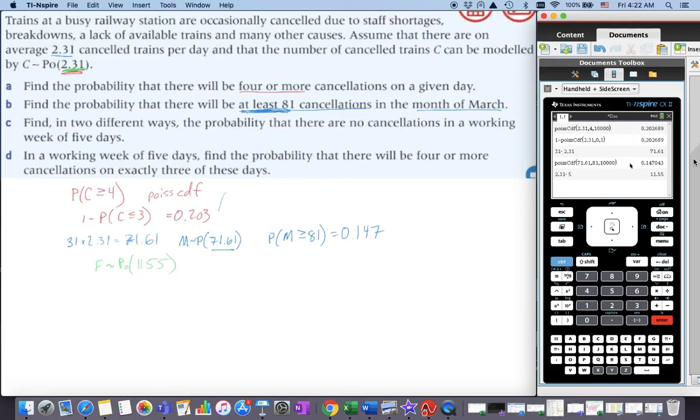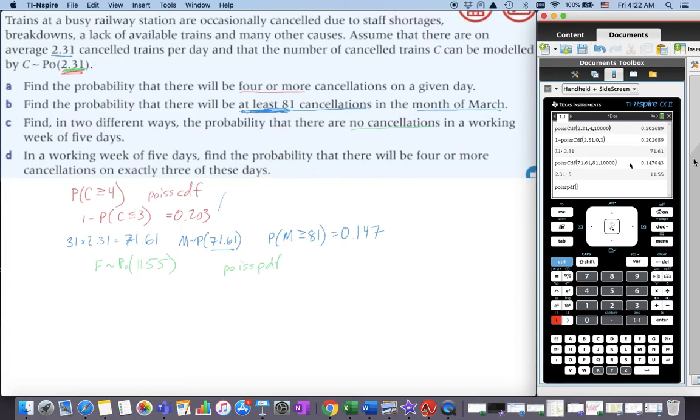Okay, now it does want us to do this in two ways. So this is the first way, is we can get the Poisson for a week, right? Once we have that, then we should be able to go ahead and put it into our calculator. Remember, we're finding no cancellations in the working week. So we're going to go Poisson. This time we want PDF because we only want a single value of no cancellations.